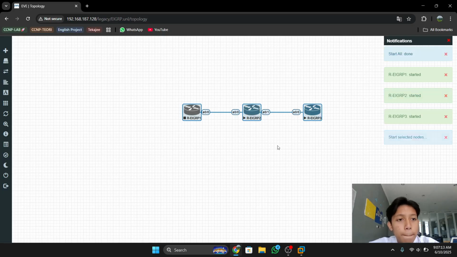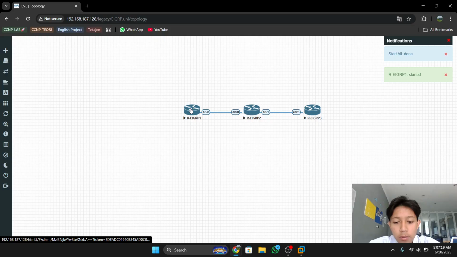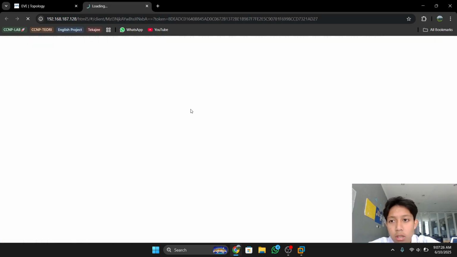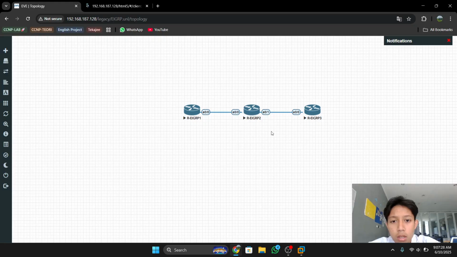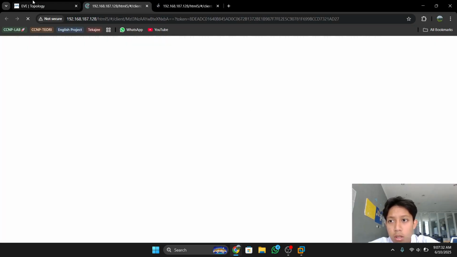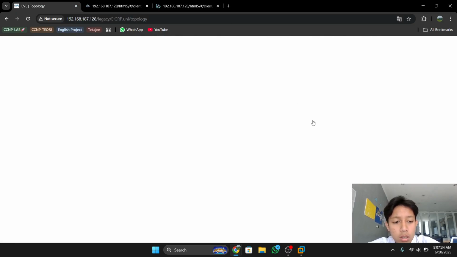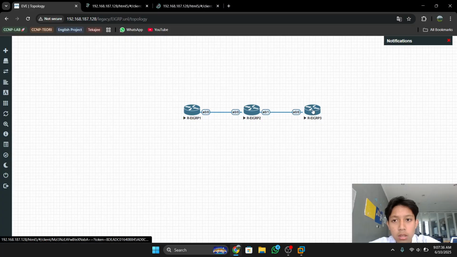Wait until it is all done, and if the color is blue, it means your router is already on. You can click on the router, and then click on router 2, wait, and then click the same on router 3.